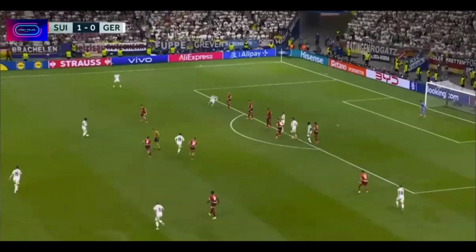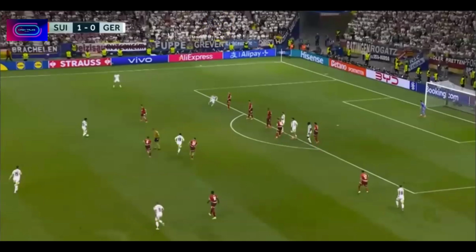So this is the start of the build-up of the Germany goal, and this is what I want you to notice right here. There's 3 German players and no one's marking them. Now you're going to say, Cash, they are marking them. No, he's not. Right? He is not goal side, so he is not marking anybody. If you're going to argue with me about him being goal side, but he's not. And this is the difference of me coaching and you coaching. So he is to the side of him.